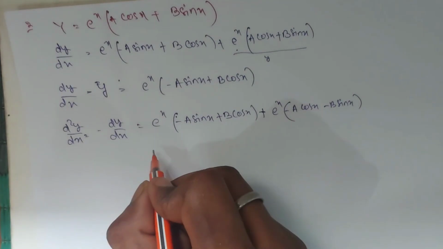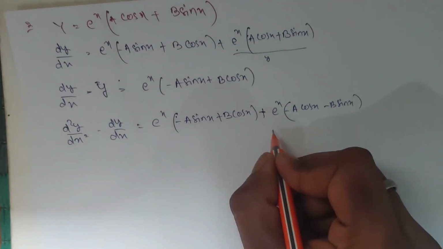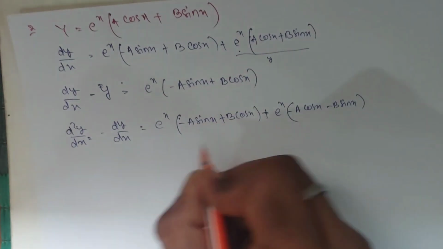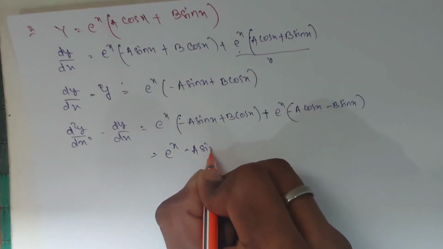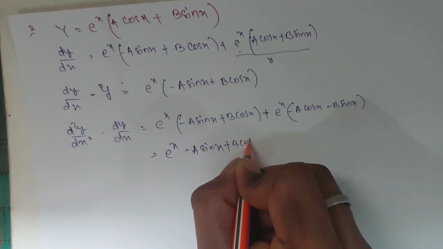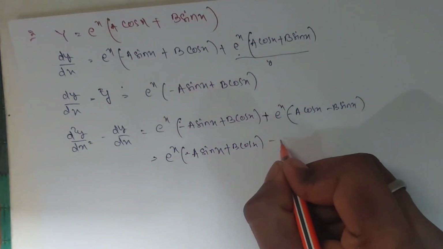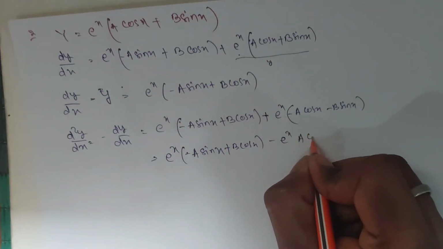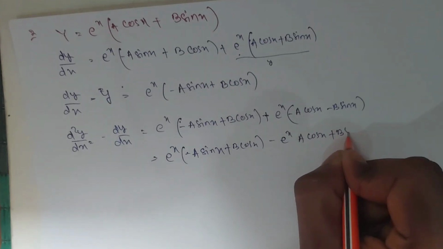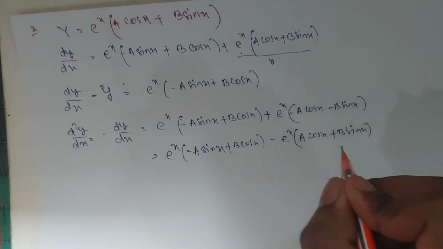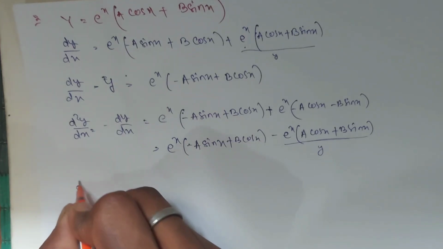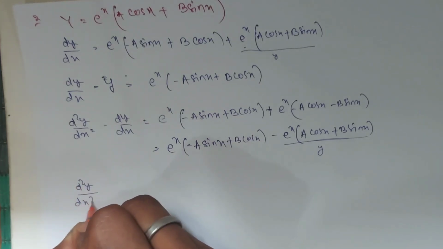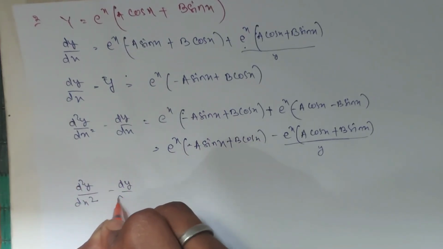Okay, then this becomes e to the power x times (minus a sin x plus b cos x) minus e to the power x times (a cos x plus b sin x), which is y, so we can write it as d square y by dx square minus dy by dx